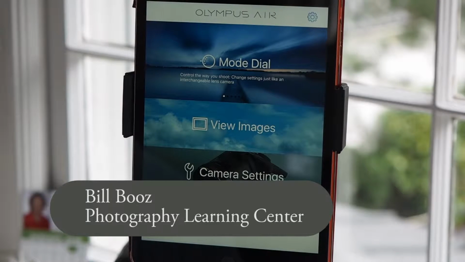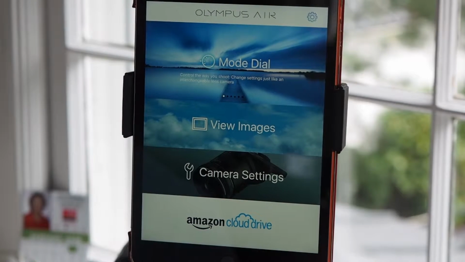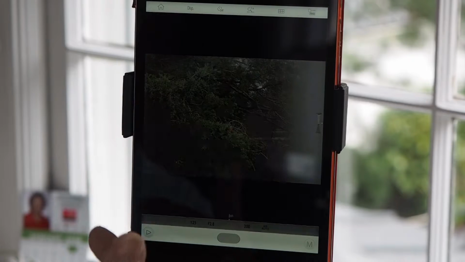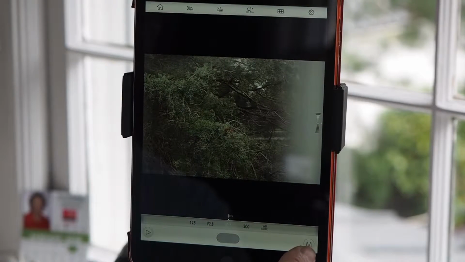In this video, I want to take a look at some of the controls that you have when you're in the mode dial. I typically shoot in manual shooting mode. The last time I was here, I was using manual shooting mode, but I can change that, of course, to the priority modes or iAuto. So if I click on the M down here in the lower right-hand corner,